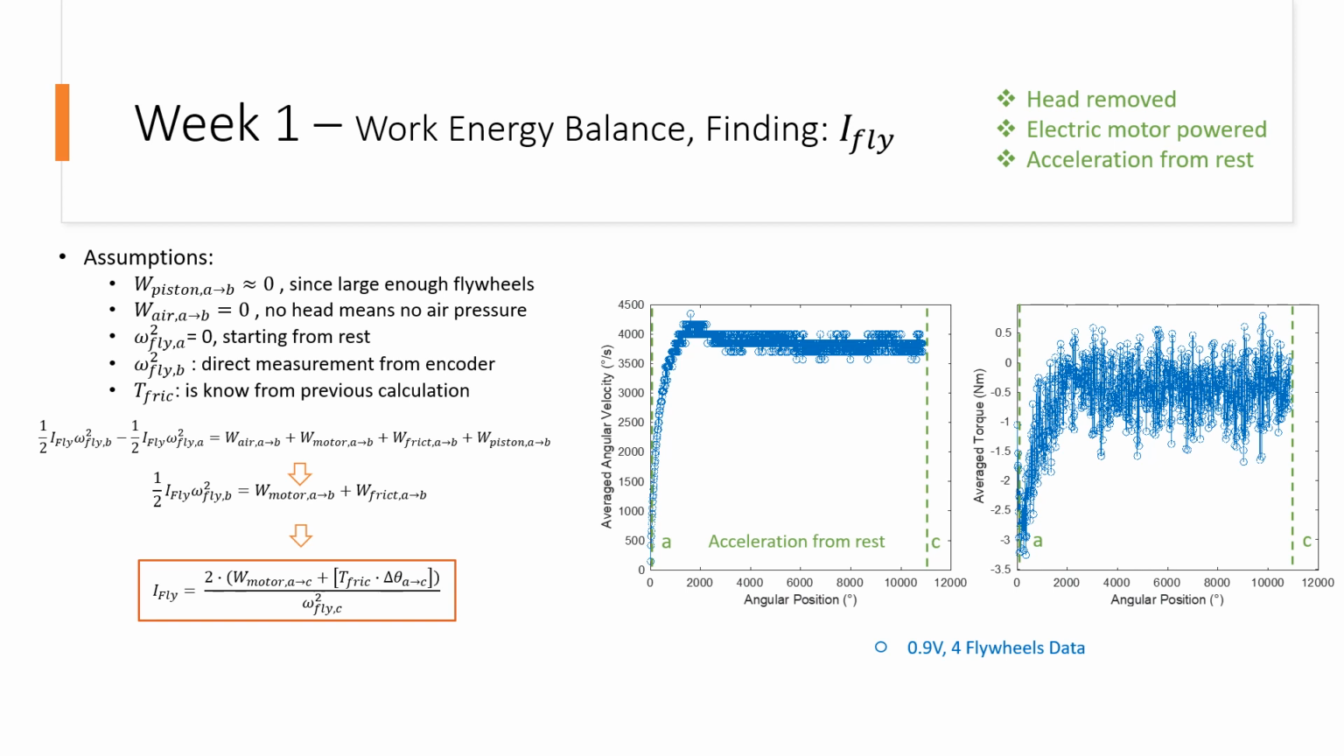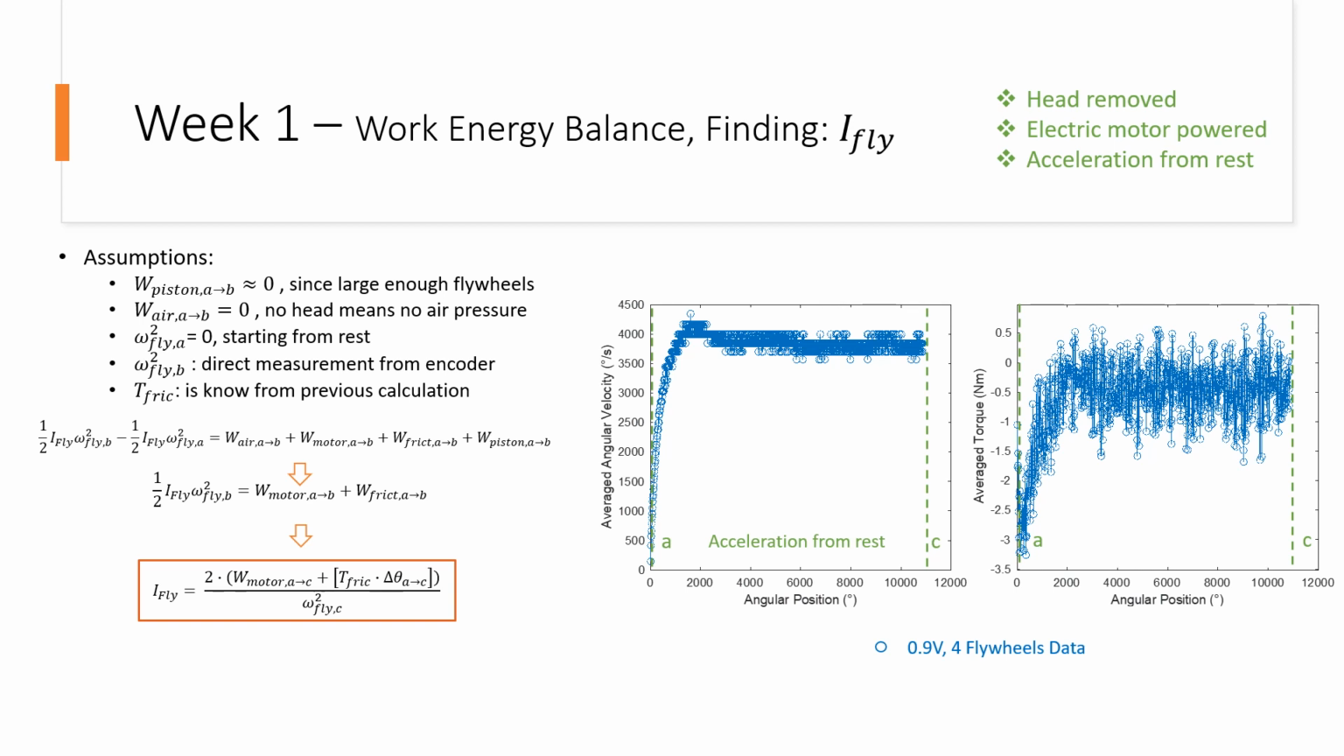To calculate the inertia of a flywheel, we assume that the angular velocity at the start is zero. The work done by the piston is negligible because of the large size of the flywheel, and there is no air pressure, which means that the work done by the air is zero. Based on these assumptions, we can use the torque friction obtained from the previous slide to calculate the inertia of